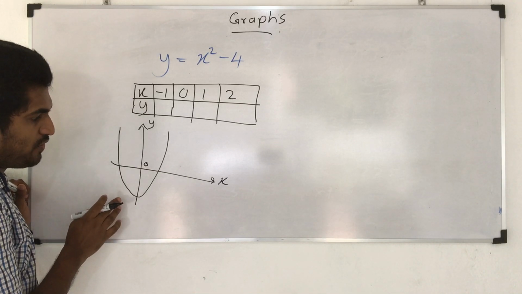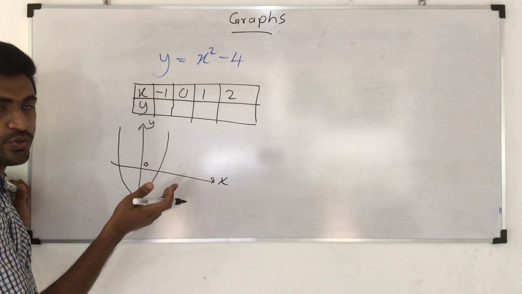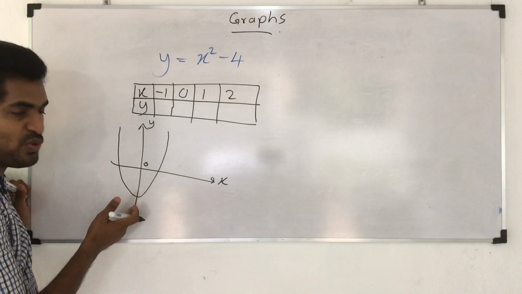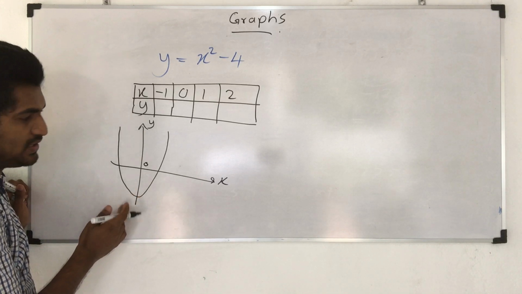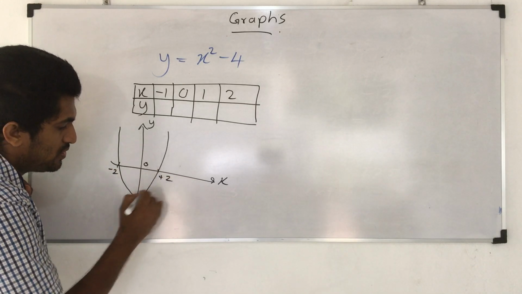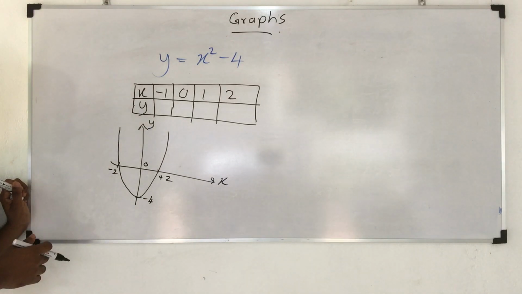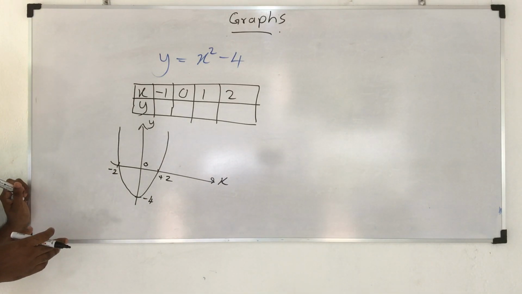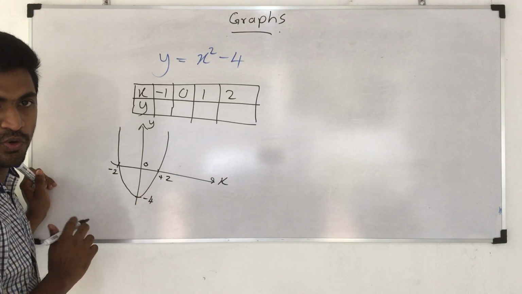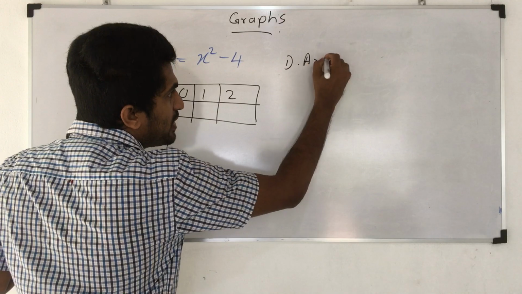In this parabola graph, there are two properties. In my previous video, I taught you the properties of the linear graph. So like that, in the parabola graph, there are two properties. Here -2, here +2, here -4. So if you plot the graph, it will be like this. So you have to consider two properties in this parabola graph. What are they? The first property is the axis of symmetry.